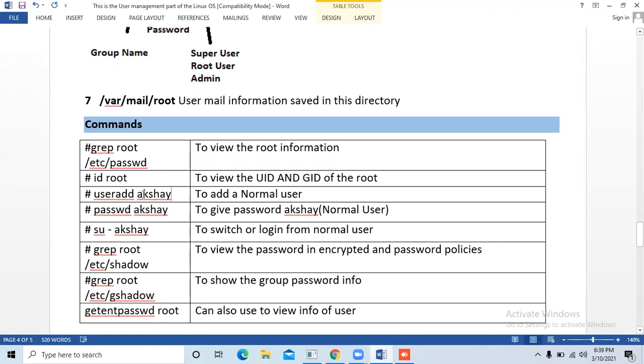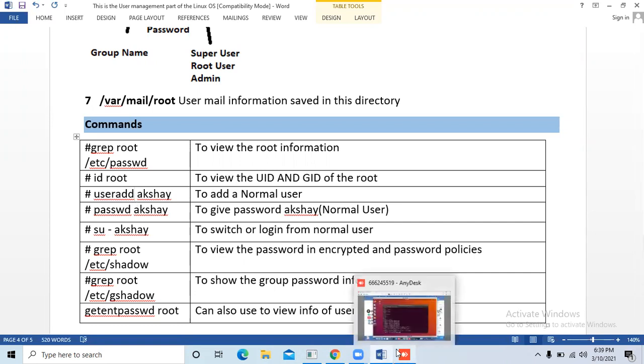And this is the command for adding a user. We can add a user in 4 ways. So the simple command is useradd and the username. So let's add some user.